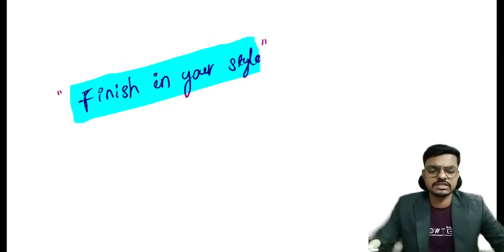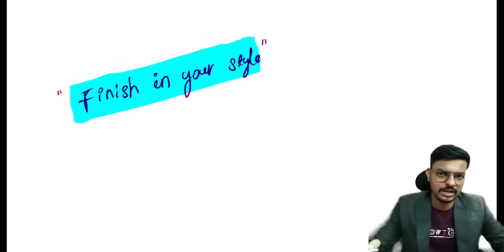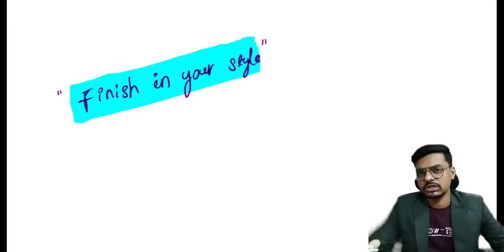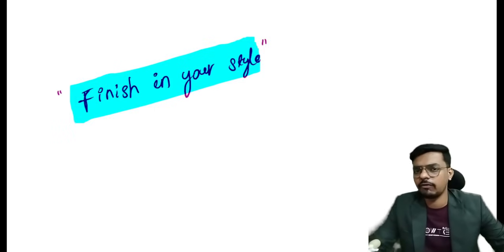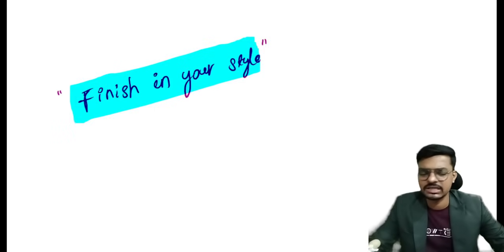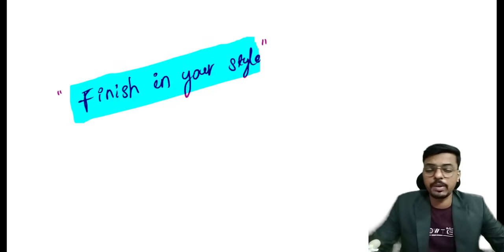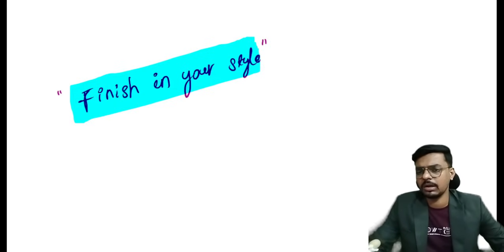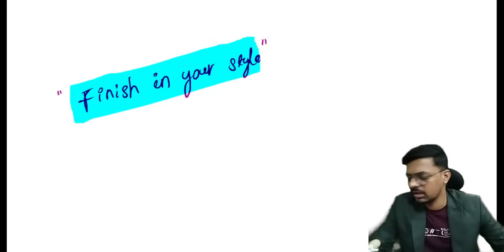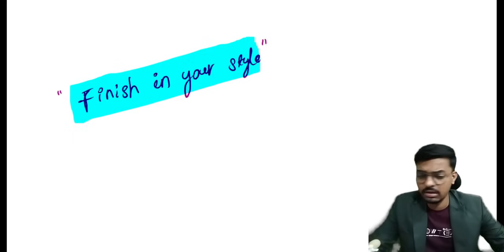Along with that, we have seen some calculation portions, like how to calculate the expected date of delivery and how to calculate the GTPAL. We also discussed a very important question on burn fluid calculation, and where to use the modified formula and where to use the basic formula. Until and unless the examiner mentions the modified one, you don't use the modified Parkland formula. If he specifically mentions according to the new Parkland formula or the modified Parkland formula, then only use the modified one. Otherwise you can use the basic one only. In the question, you have to focus on whether the exam is asking for the first 8 hours or the first 24 hours, and based on that we need to calculate the result.